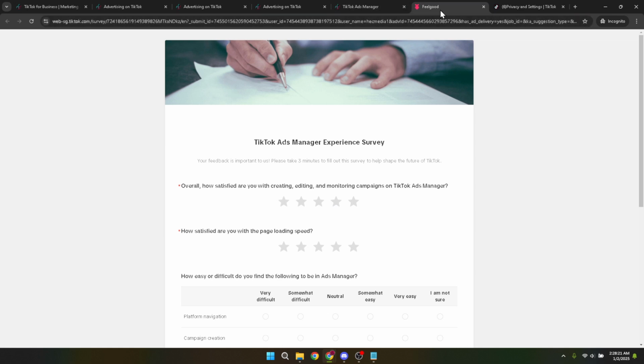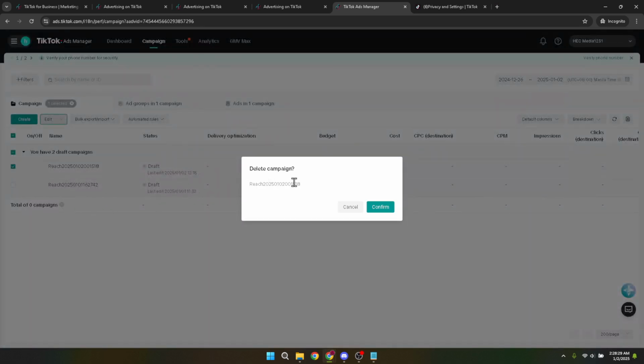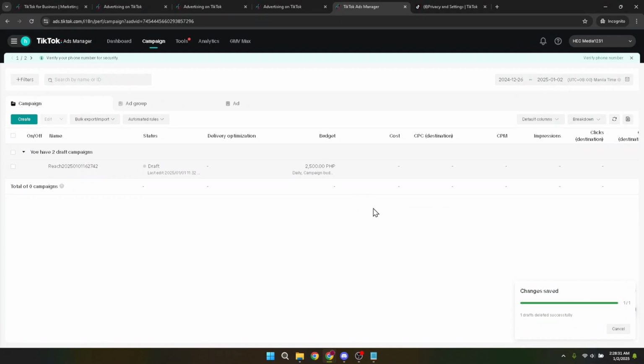Click on Delete, and a confirmation window will pop up. This is your last chance to ensure you're deleting the right campaign and that you indeed wish to proceed. If everything looks good, go ahead and click on Confirm to finalize the deletion of your campaign, and just like that, your unwanted TikTok ad campaign is no longer. It's completely removed from your account, allowing you to focus on campaigns that are performing well or to start fresh